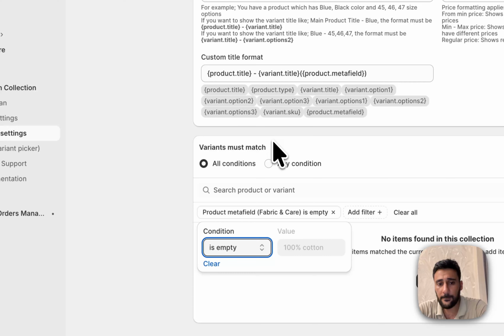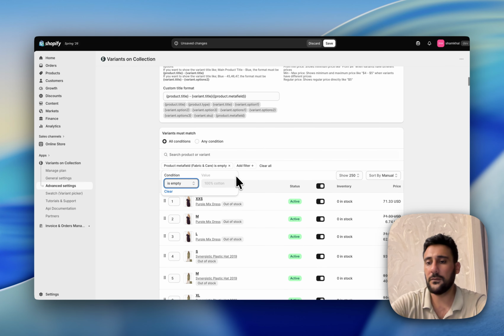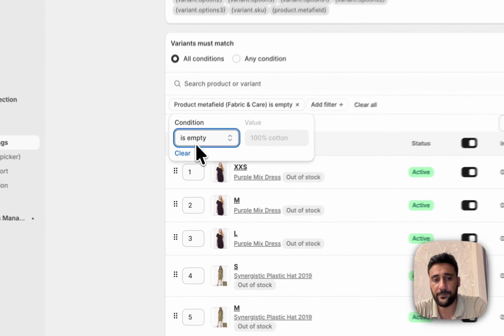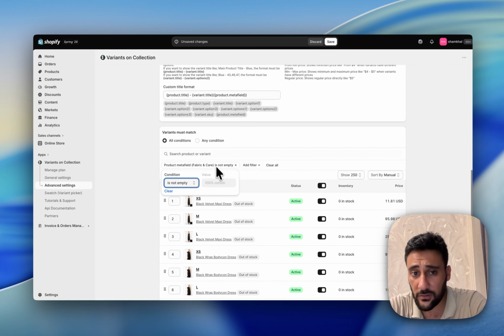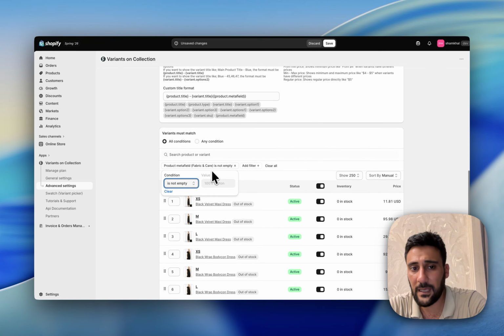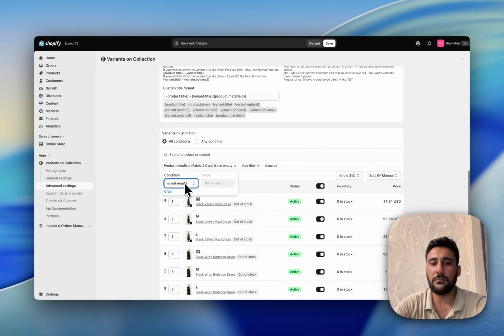Is empty means if this product metafield is empty, like there is no value in this product metafield, then it's visible in the collection section. But is not empty means if the product metafield is not empty, for example, there is any value, then it immediately shows